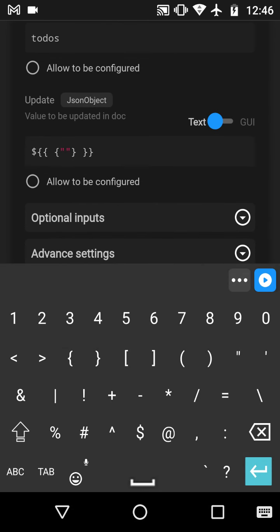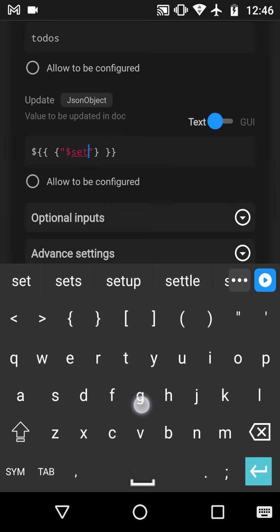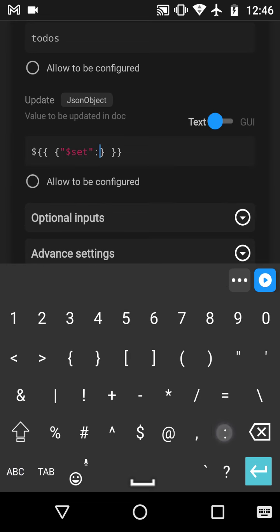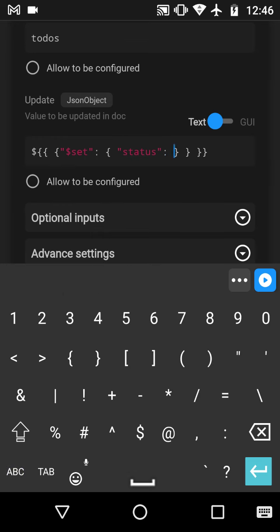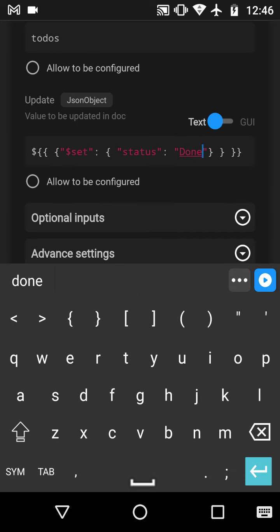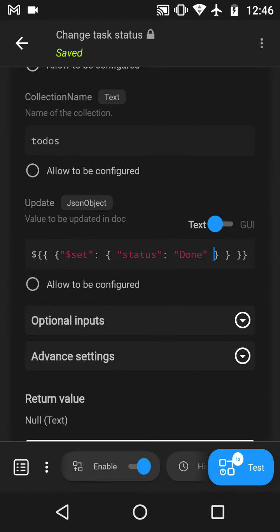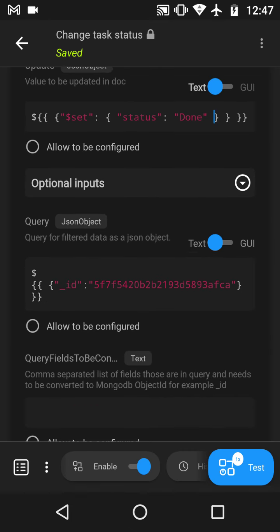So I want to set the variable status to done. So I'm going to need to use a little bit of JavaScript here. I'm going to say set status to done, and we are good.